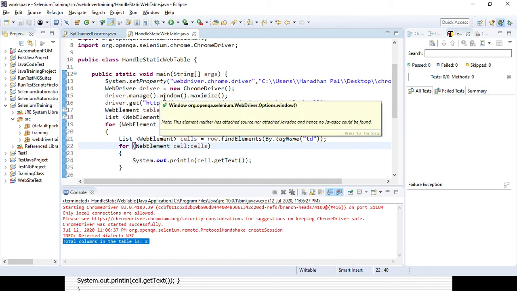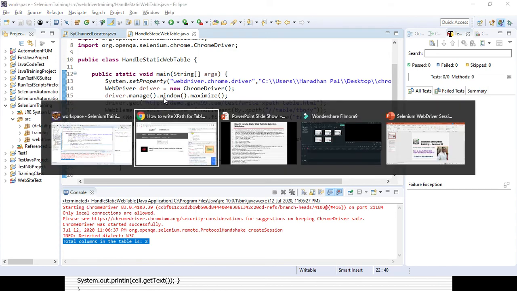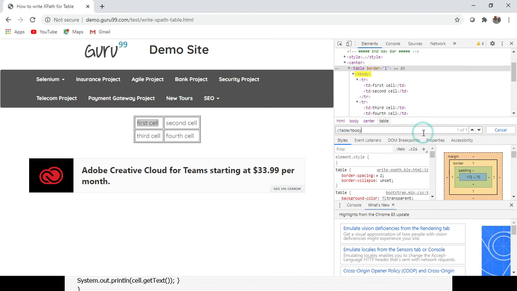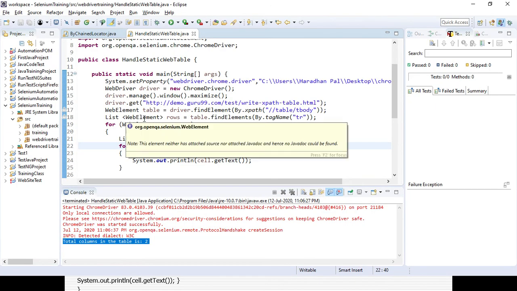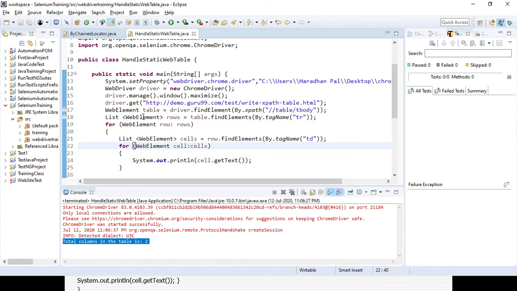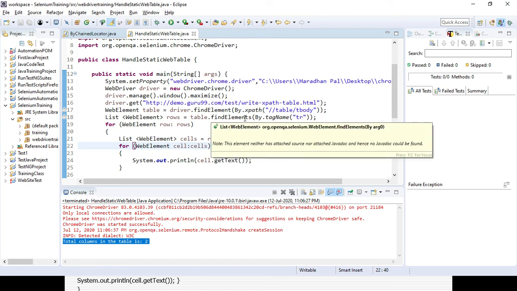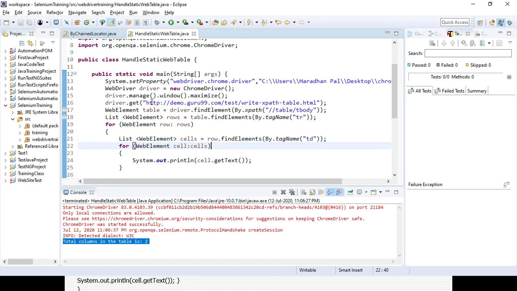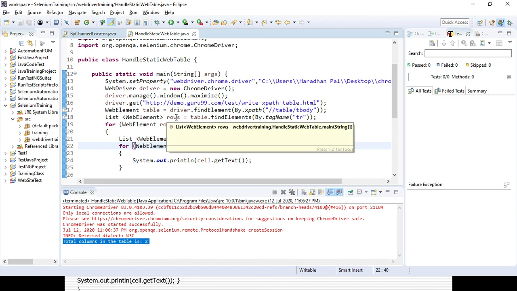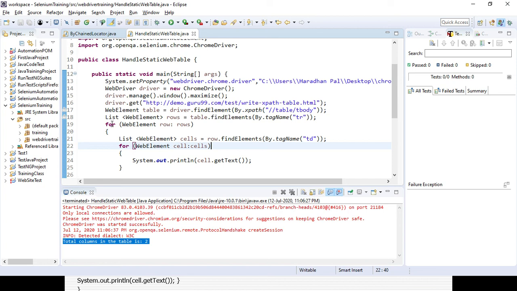First you need to get the XPath for the whole web table, okay. How can we get it? You need to get the table and tbody, or so first you need to get the XPath for the whole table. Then you have to use some WebElement in the list. You need to declare some variables, and with the help of the table reference you pass the tags, right, tr, that is the table rows, and you need to use the findElements method, right? Once you are storing all the rows value, you need to use for loops.